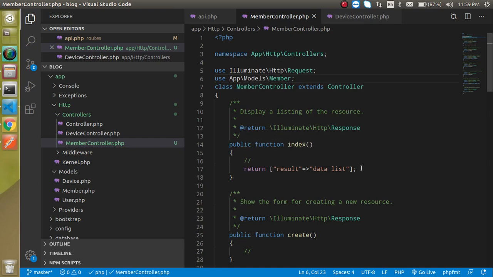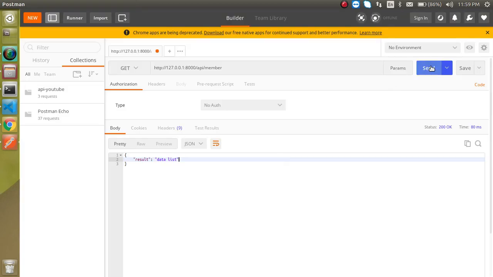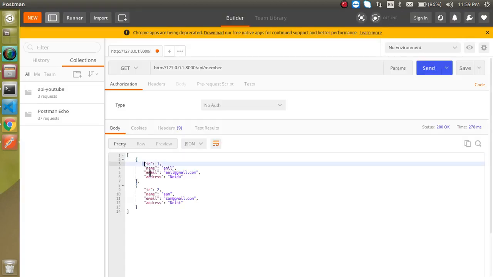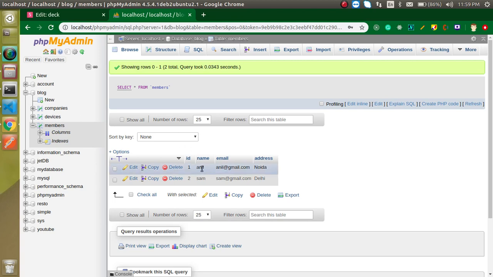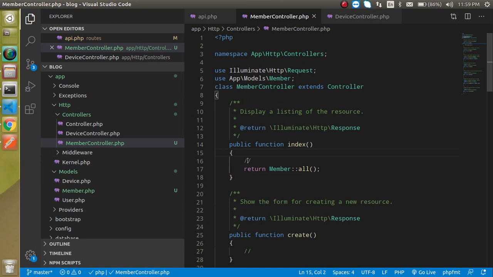Simply put Member::all, and you will see that we are able to fetch the data from the database now. We get two results, Anil and Sam, and you can see that we have only two users, Anil and Sam. So now you can see how much time we can save. We just need to write one line for getting the data.